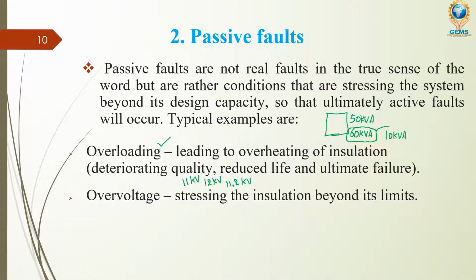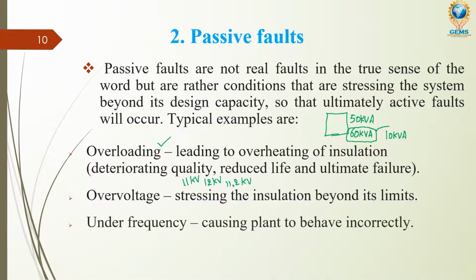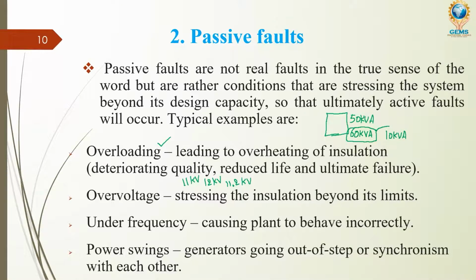Like that, if you are going beyond the voltage limit also, it is a passive fault. Next, under frequency, or we can say over frequency also. Power swings, and this power swing also should not be there. Power swing मतलब power ऊपर नीचे आना है, ज्यादा होना है, कम होना है, ये भी नहीं आना चाहिए, इसको भी हम लोग पैसिव फॉल्ट कहते हैं।